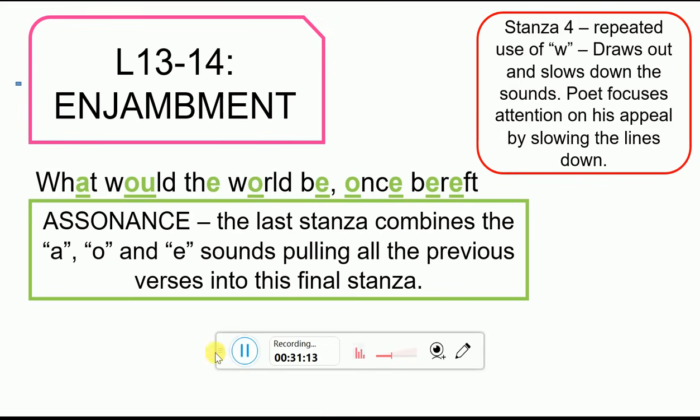Now, after noting all of that, the speaker has a very strong use of a rhetorical question. In lines 13 to 14, it says, what would the world be once bereft? Which leaves a very concerning effect on the reader, because when you are bereaved, it's when you are mourning somebody who has died. So he says, what will the world be like if all of this beauty, referring to the beauty of nature, if Inversnaid in the context of the poem can be destroyed, and once bereft, it means once we are